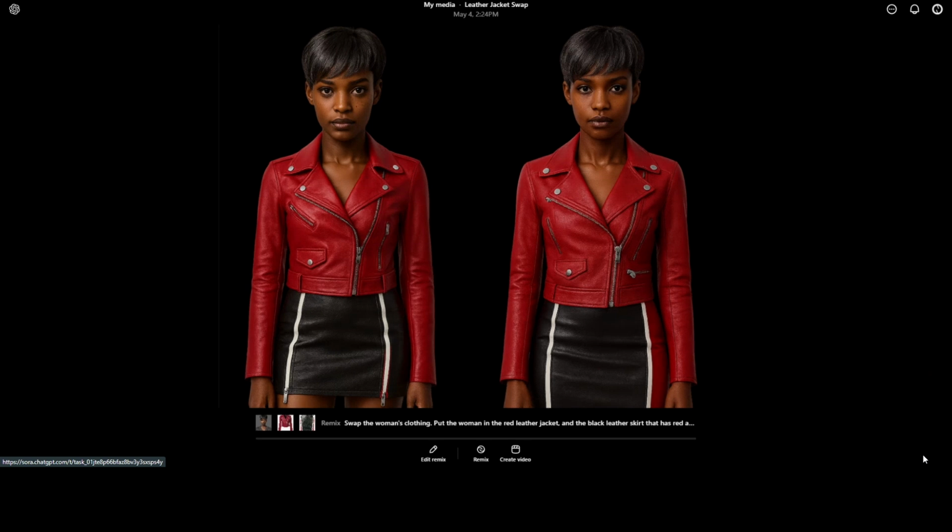This is a second version. So he gave me 2 versions, and in this second version, you can see the jacket looks similar. Again, the face is different. The skirt is shorter, and it doesn't really have the red at the sides. There's a little bit of red in the zipper. But this is just to show you that it's not an exact